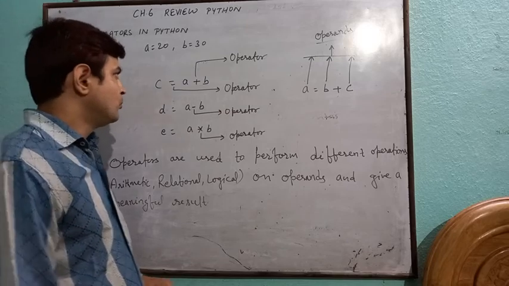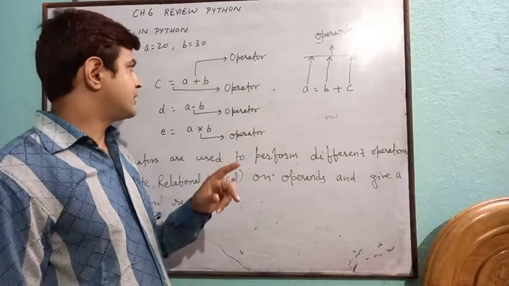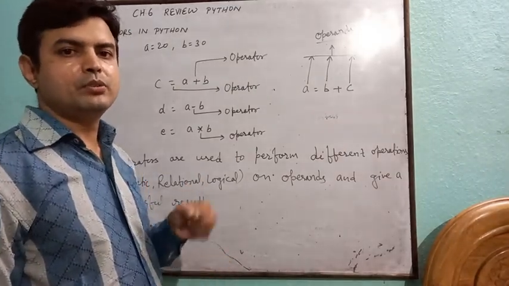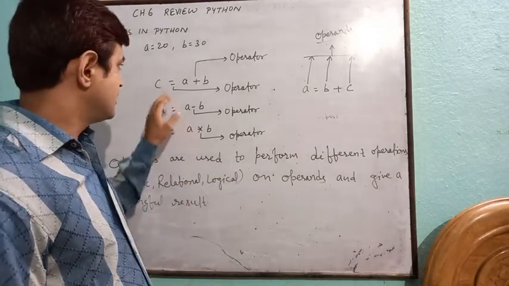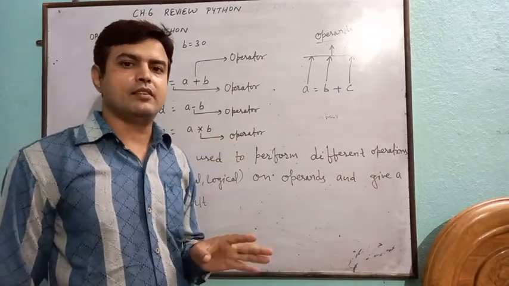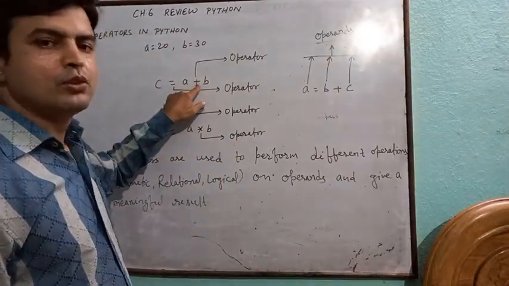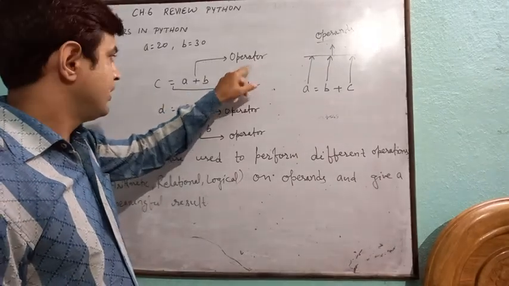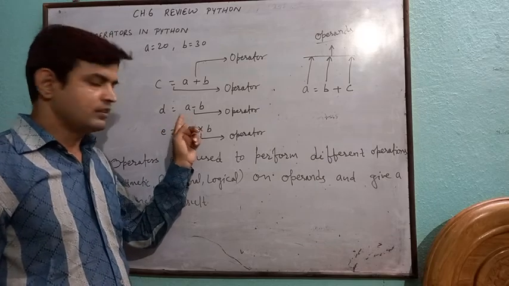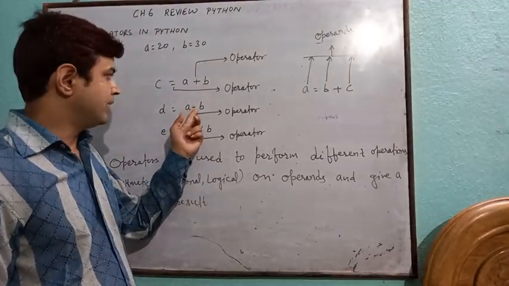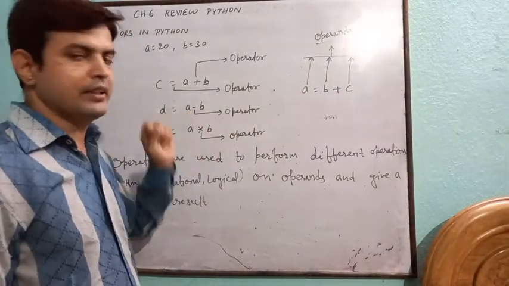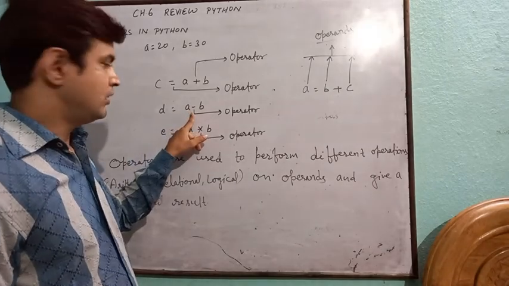Just consider the expression c equal to a plus b. Here we are going to perform the addition of two numbers, and which type of operator do we use to add those two numbers? Just consider the symbol in the given expression which will perform the addition. The answer is obviously the plus. So plus is an operator. And in the next expression, you can see that there is another operator, that is minus. It means this operator will find the difference of a and b. So it is also an operator.